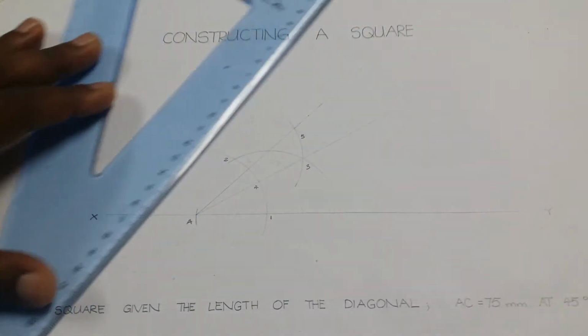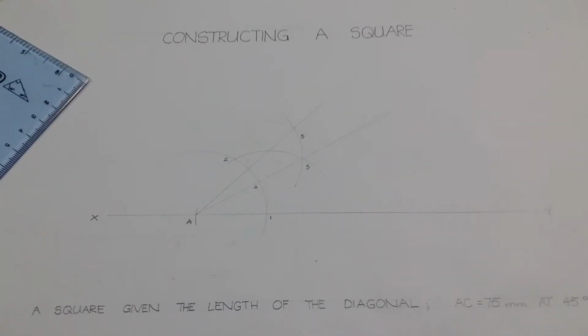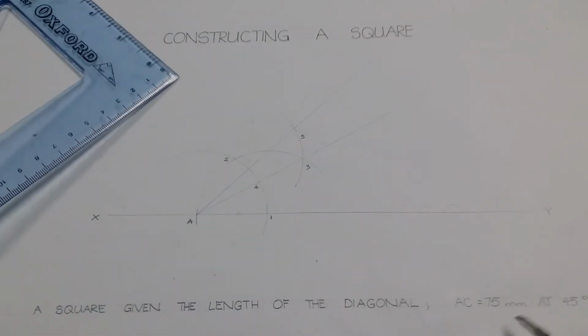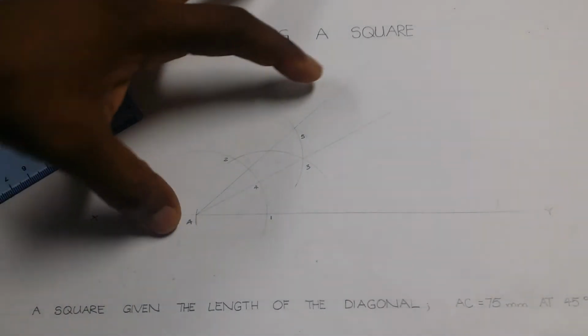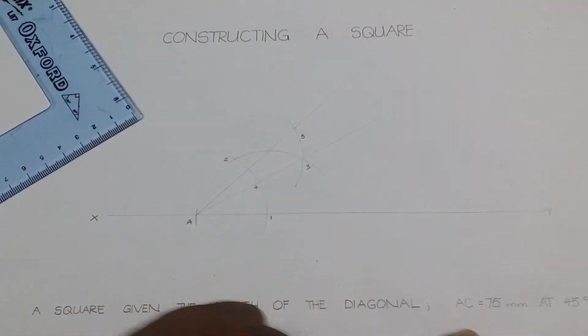I am not yet going to darken that line. It will remain as a construction line because, of course, the drawing is not complete. The length of our diagonal AC is 75 millimeters. So I've already identified my diagonal line, which passes through point 5, but I need to locate point C, and